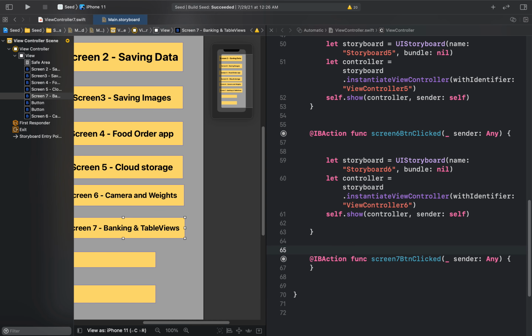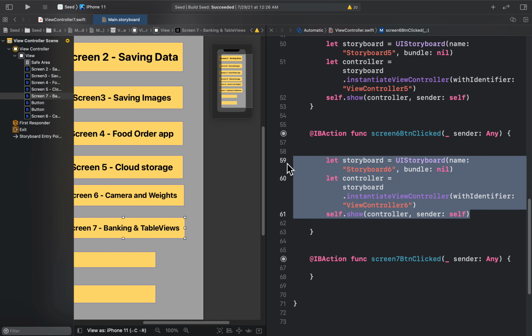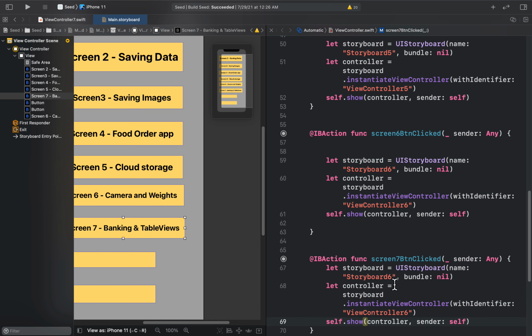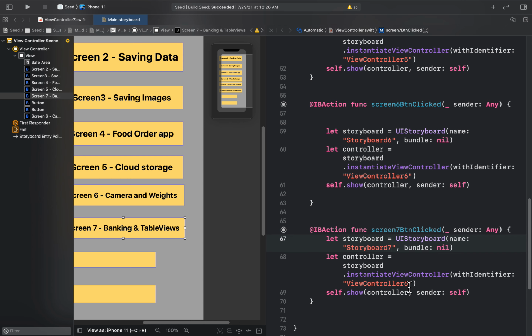Okay. I hope you have done that. And then next we'll copy the code for opening a new screen, copy it into the button, call this 7, and then this one 7 as well. Okay,